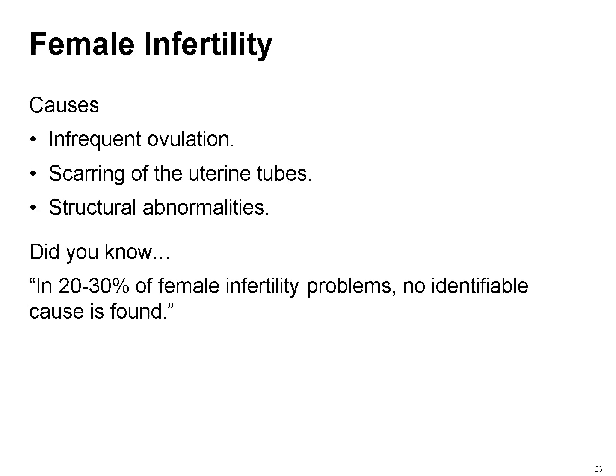Infertility is a deeply personal and often challenging experience for many individuals and couples. It is defined as the inability to become pregnant after 1 year of unprotected intercourse. There are several potential causes of infertility, including infrequent ovulation, which may result from hormonal imbalances, scarring of the fallopian tubes, often caused by infections or conditions like salpingitis, and structural abnormalities of the uterus, such as fibroids or congenital malformations. Diagnosing infertility requires a comprehensive approach to identify potential issues.